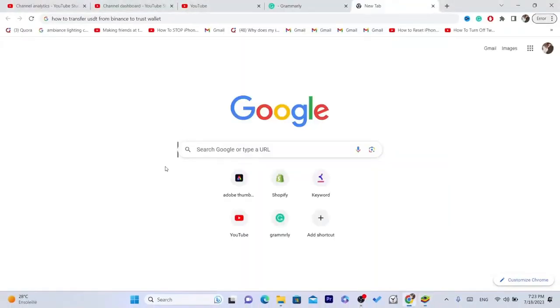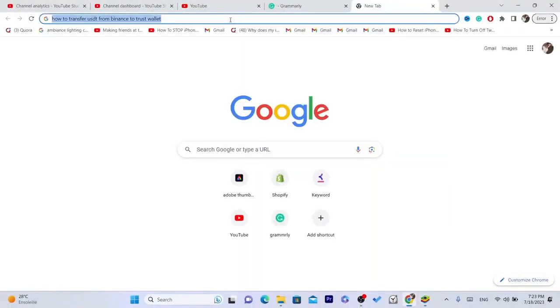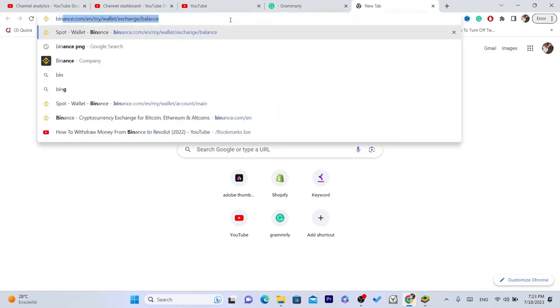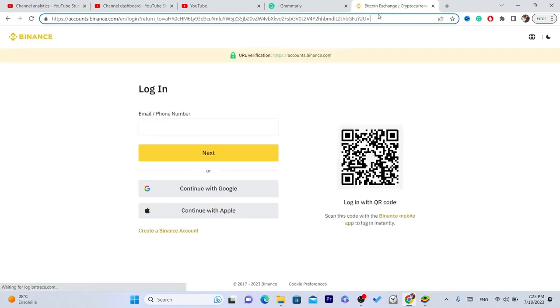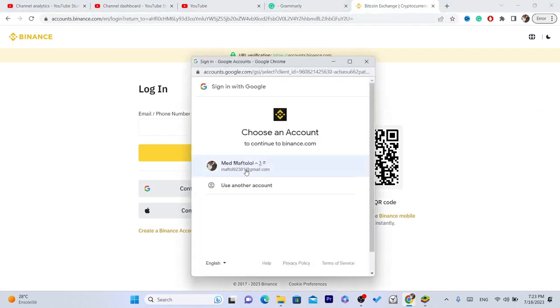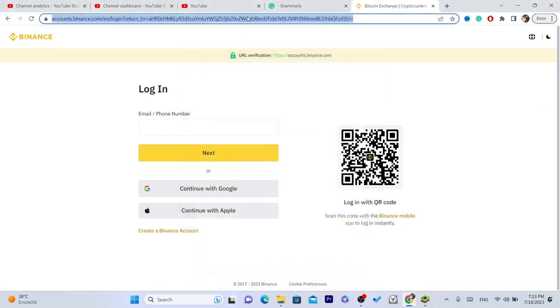So after you copy this, then you want to go to your Binance app or the web version, doesn't matter. If you are using the Binance app, you can just open it so that you can then transfer USDT from Binance to your Trust Wallet. I'm just going to log into my Binance account,